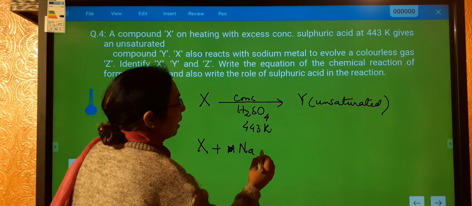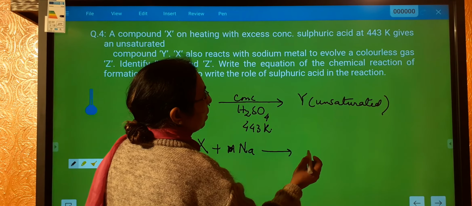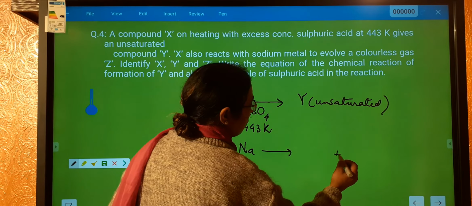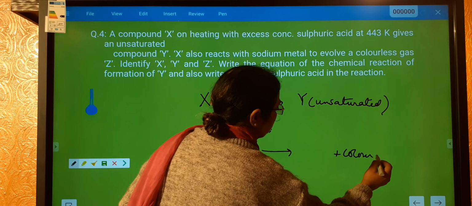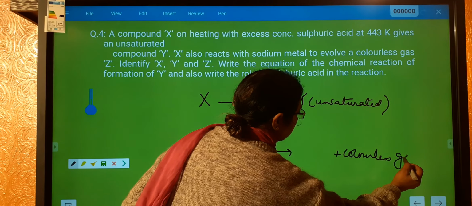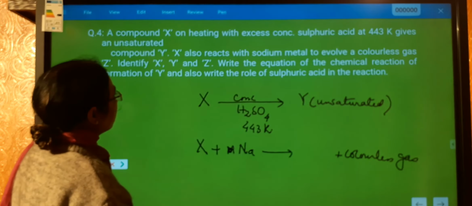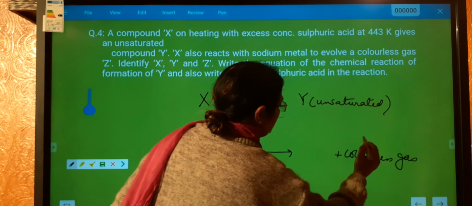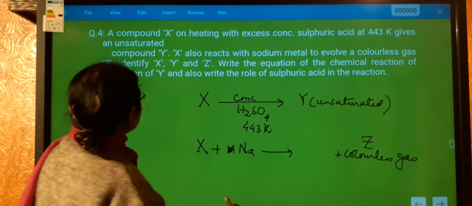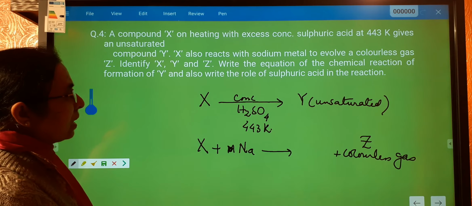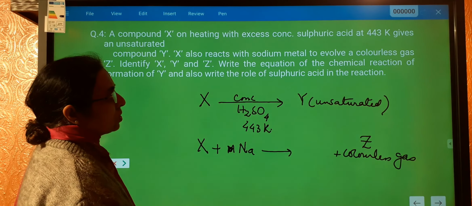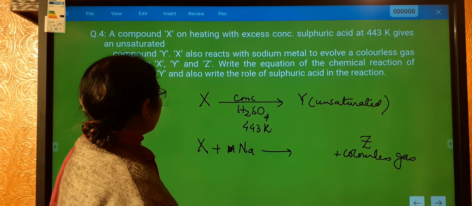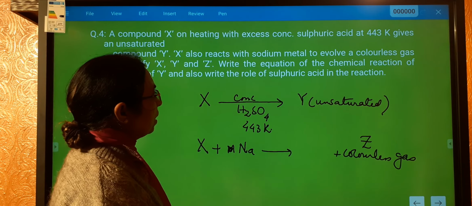And a colorless gas is evolved. Identify X, Y and Z, where Z is the colorless gas. Identify X, Y, Z and write the equation of the chemical reaction for the formation of Y. Also write